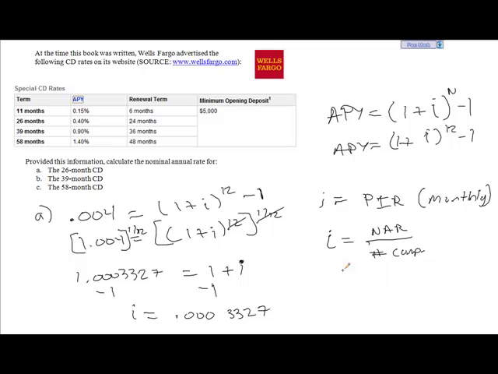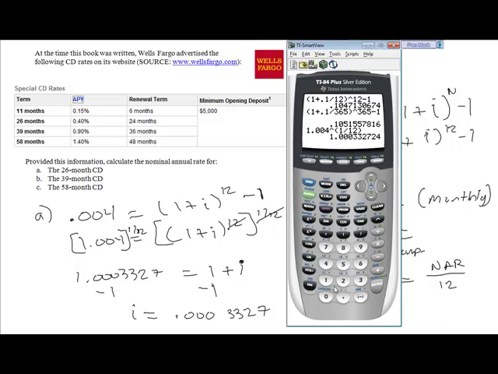Okay, well, I know i is 0.003327, and now my nominal annual rate is what I'm trying to recover, so I need to multiply by 12. So the nominal annual rate is equal to 12 times this, so I'll just subtract 1 here, multiply that by 12, and I get